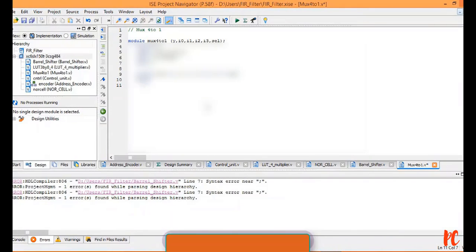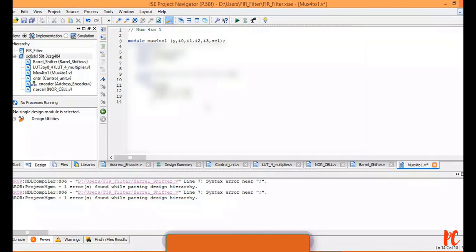Let me start with case select, and within the select, since it is 2 bit, I am taking 2'b00. Your y value will be I0. If it is 2'b01, your y value will be I1.